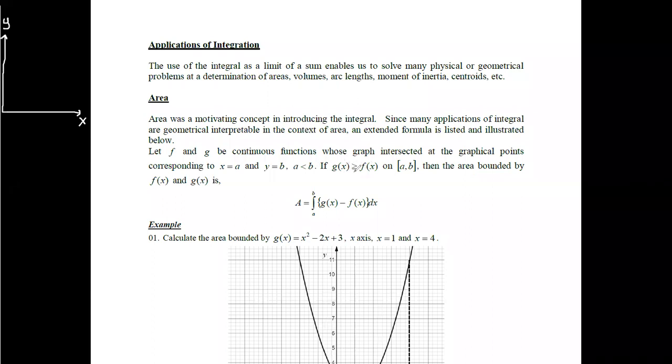We can say that the value of g(x) is higher than the value of f(x) in the region from a to b. If I draw these functions, I can draw this as one function, and I will draw the next as my f(x), using another color. This is the function identified as g(x), and this is the function identified as f(x).